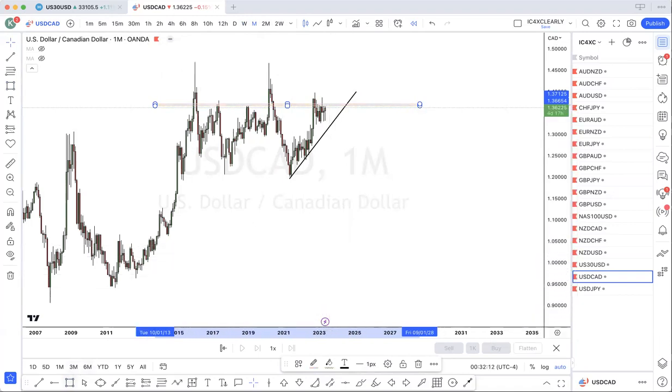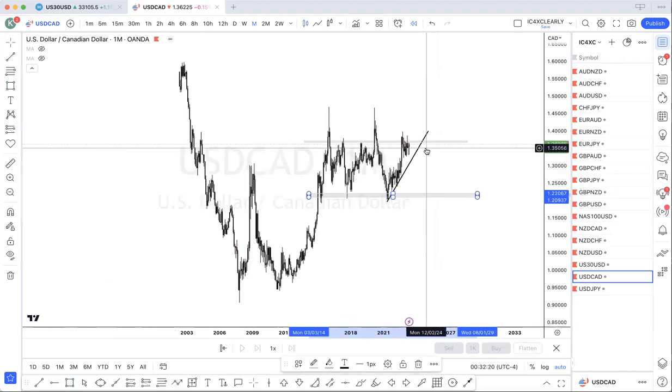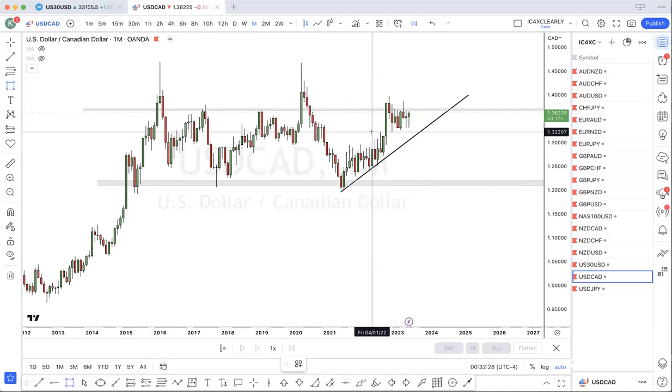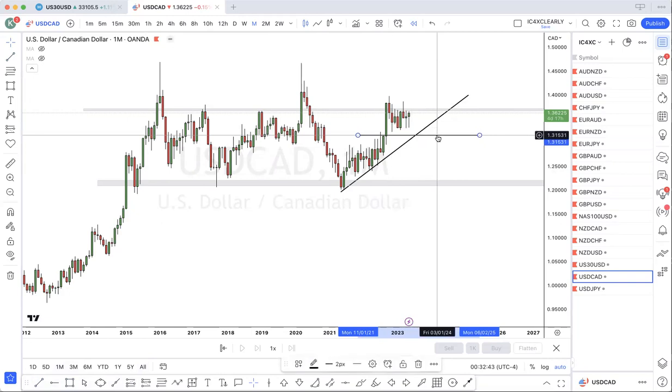And then we just have a zone here. Okay. Right now we have, this was a break. This was a break. This was the pullback. There's still imbalance in that zone. So I would definitely look for price to pull back a little deeper. This gave a bearish order block, then it gave a bullish order block. Price has not broken these highs yet, so price could pull down some more into the zone before buying back up. Now, if price breaks this zone here,